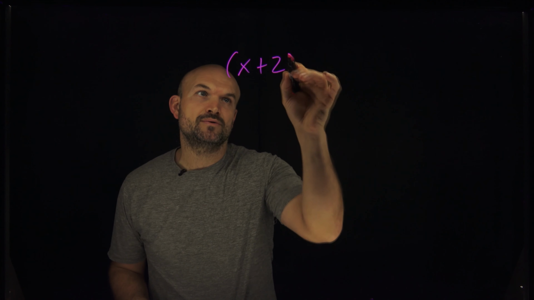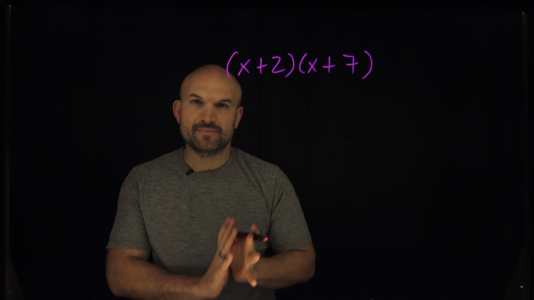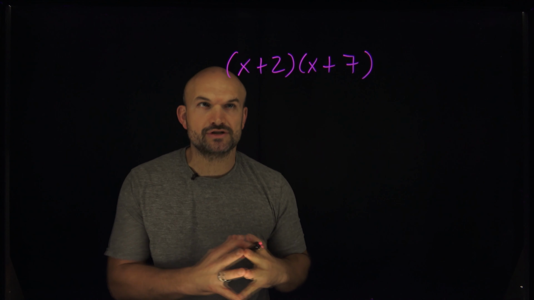So the cool thing is, if we can visualize multiplication as the area of a rectangle, then that can help us actually multiply any two numbers or expressions pretty efficiently. So for example, if I had x plus 2 times x plus 7, right? Now, for some students, they might remember the distributive property, but if you haven't learned the distributive property, if we